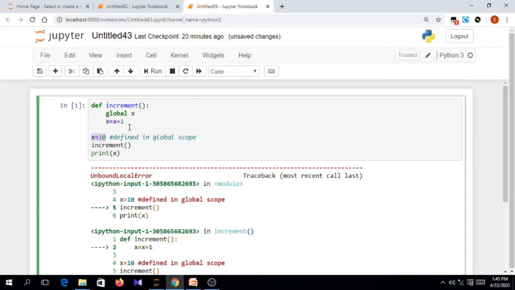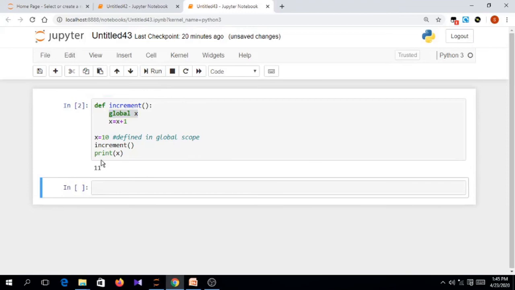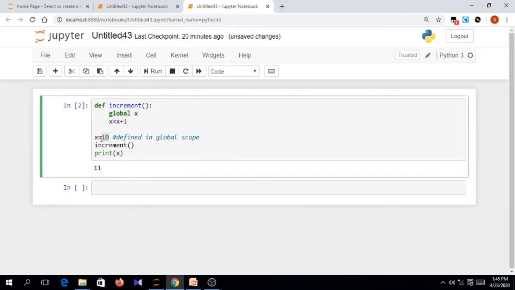Now see the use of the global statement here. Because of this global statement, it is possible for a global variable to be accessible inside the function. So when I run this program now, we will get 11 as the output, because this global x is incremented inside the function increment, and then we are printing x.